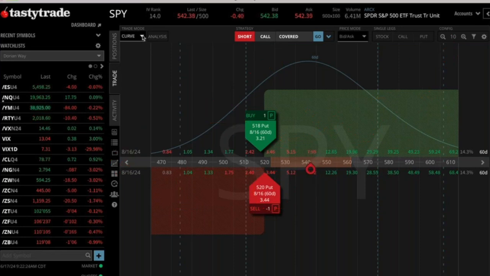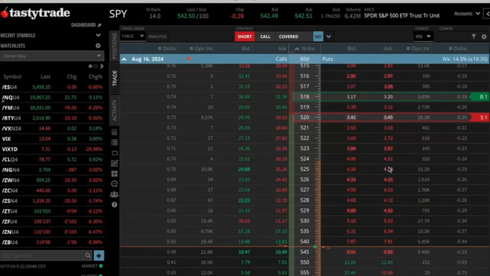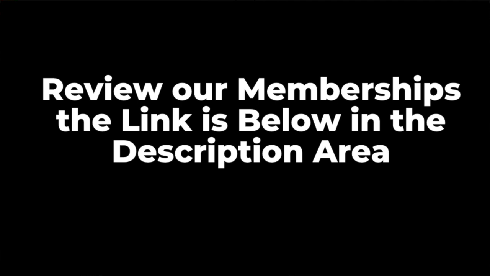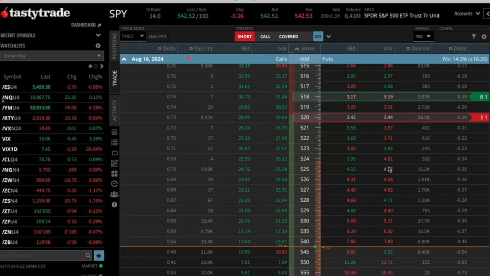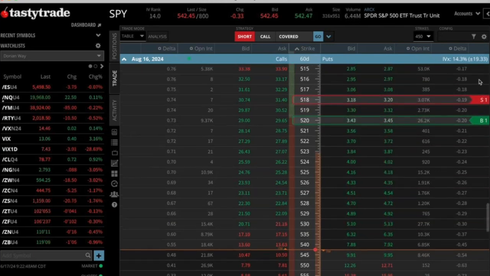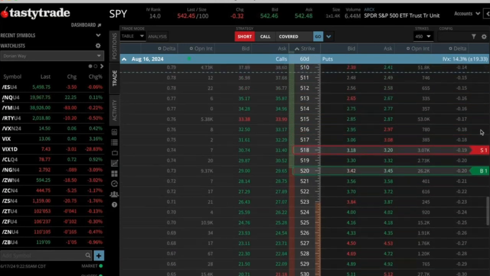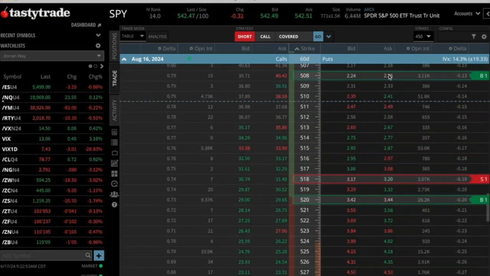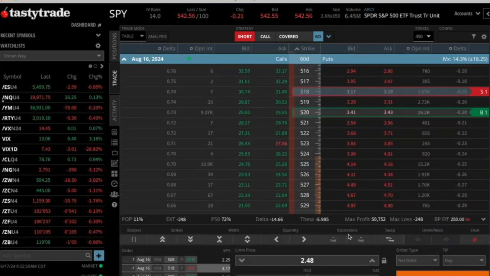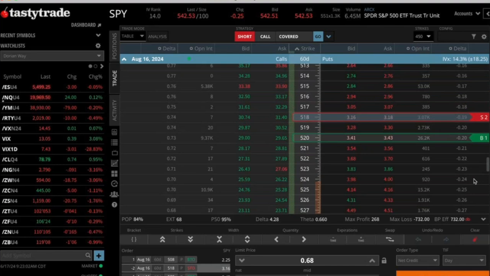Now, if we break this down and we talk about the broken wing butterfly in quotes put spread, it's going to be very similar, but there are a few differences that you might want to consider sometime when doing the broken wing butterfly. So let's break this down. Let's just say I decided I was going to buy this here, and then I was going to sell this one, and then I was going to buy here, right? And I'm going to do two here because I'm going to turn it into a butterfly. So I'm selling two there. So in this example here,